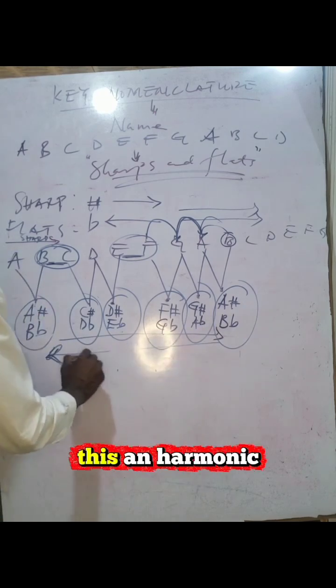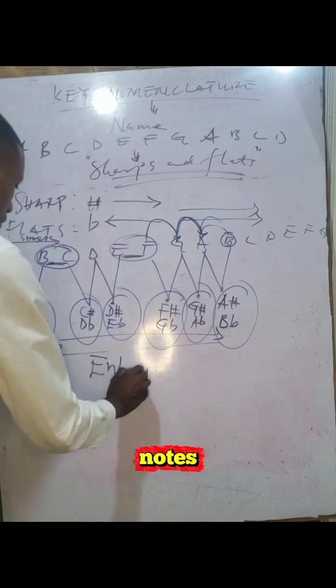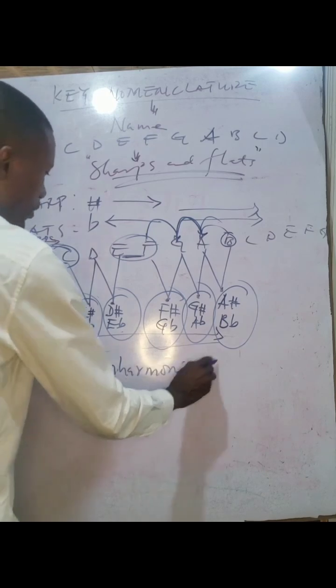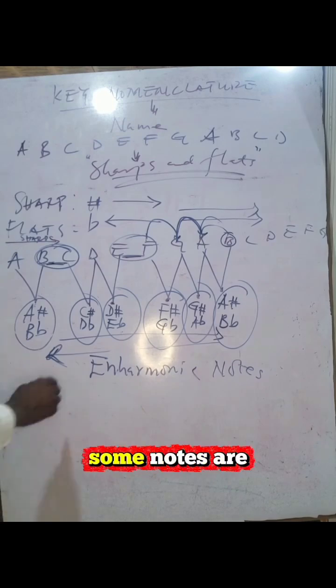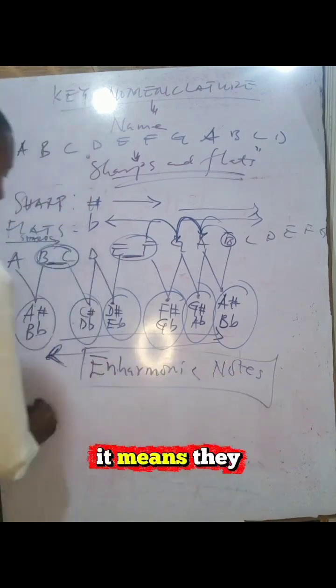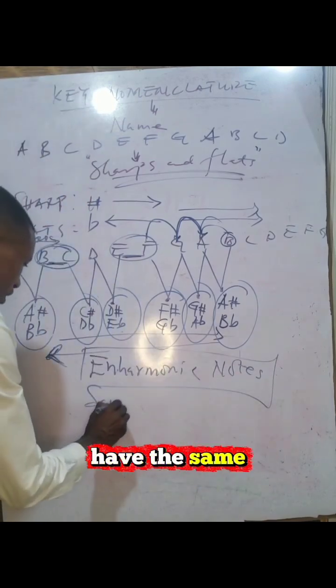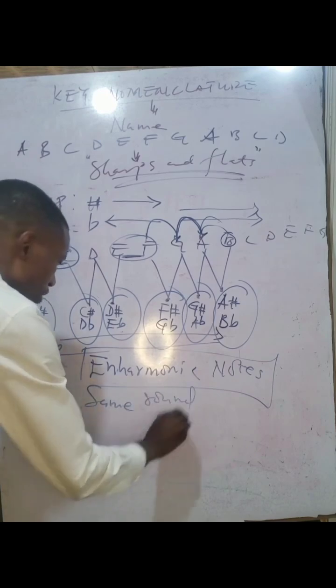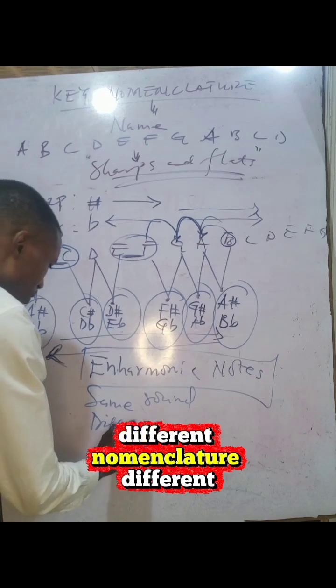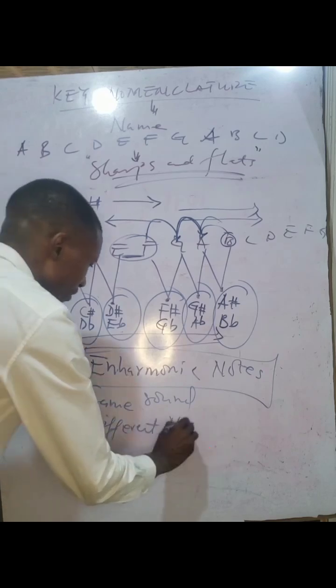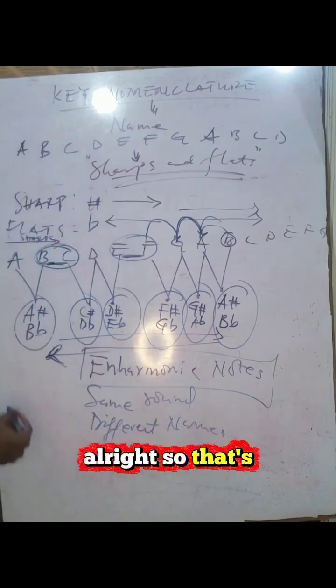So we call these enharmonic notes in music. So when we say some notes are enharmonic, it means they have the same sound, but they have different nomenclature, different names. Alright, so that's how we name